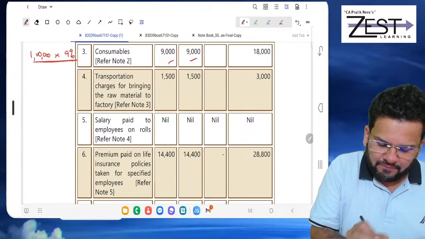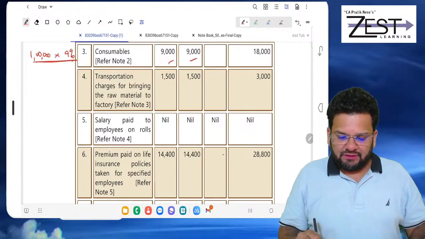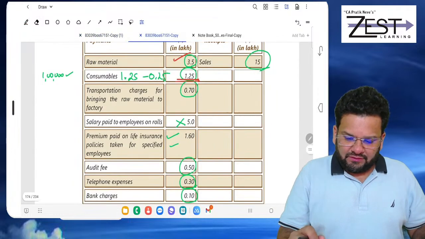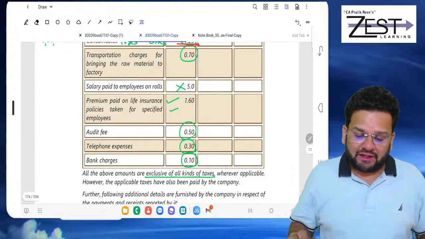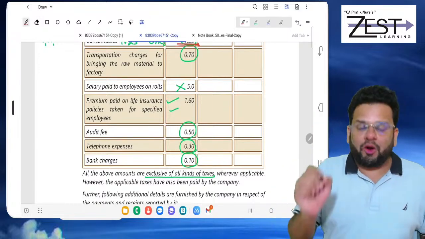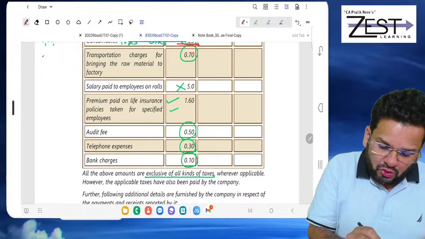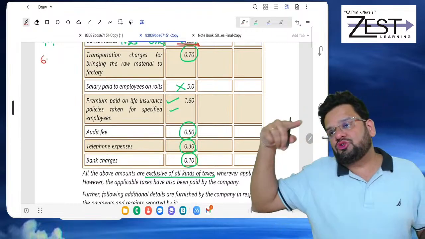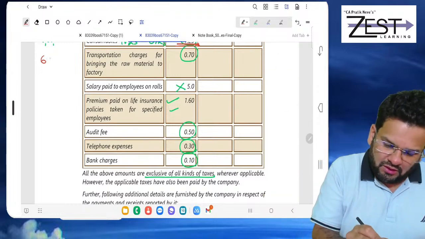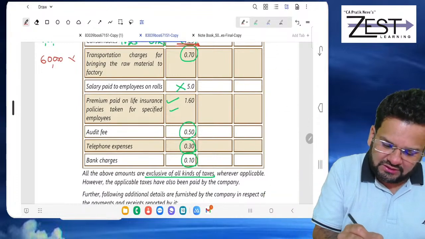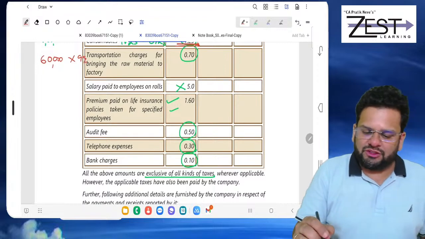Did you get it? Next is transportation charges for bringing the raw material to the factory. But it cannot be 0.7, because out of that 0.1 is towards the bullock cart. So 60,000, 0.6. Can you do 60,000 into,